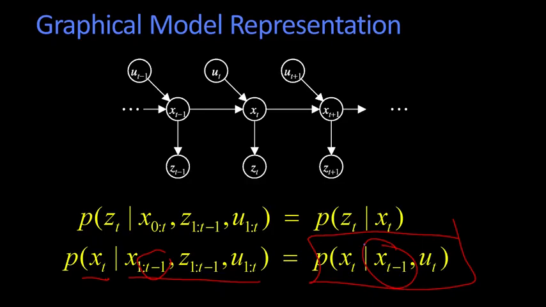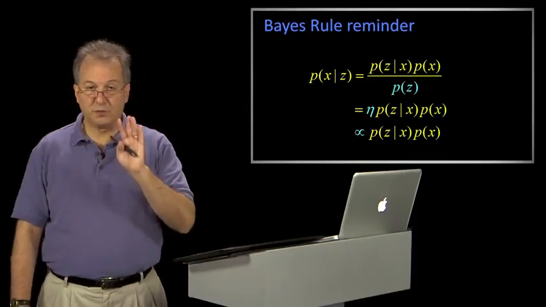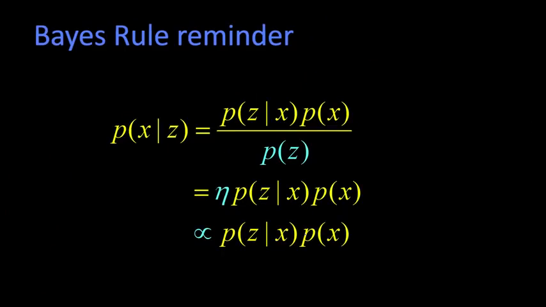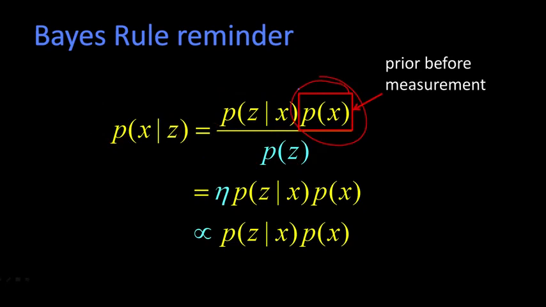That's the Markovian property. So before we go further, I'll just remind you again of Bayes' rule. We looked at this last time. The straight Bayes' rule is that we can say that P of x given z, the P of the state given the measurement, can be written this way. This is the likelihood, all right? This is the total probability of z. That's our prior before the measurement. That's our belief, if you will, of what the value was, okay? So what's important here to realize is